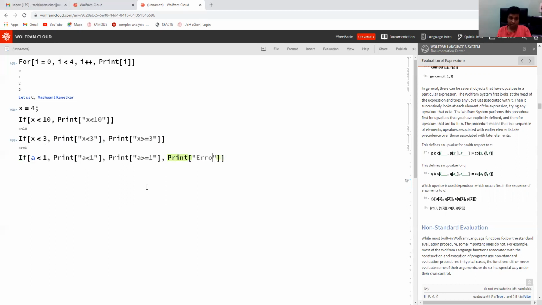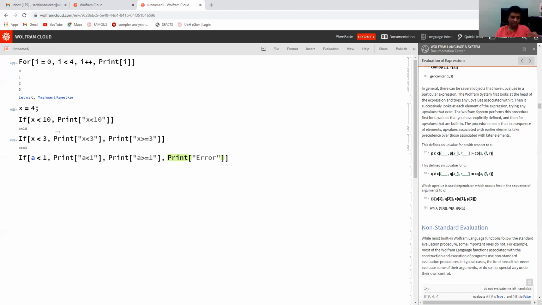It may happen. This If thing is quite flexible. First thing is the condition, and later on we can have either one body or two or three. If this is true, this body part is executed, otherwise nothing will happen.